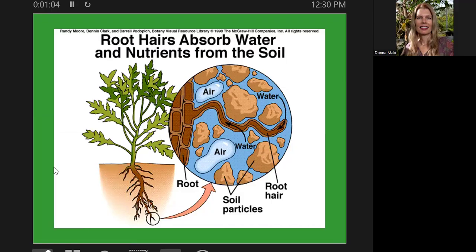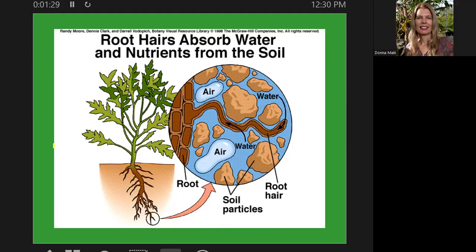So don't forget, it's really the root hairs that are doing the lion's share of absorbing water. And they're not just absorbing pure water, it's also minerals in the soil that are dissolved in that water. So they're taking up water and minerals, and they need those minerals as part of their diet, just like we need our